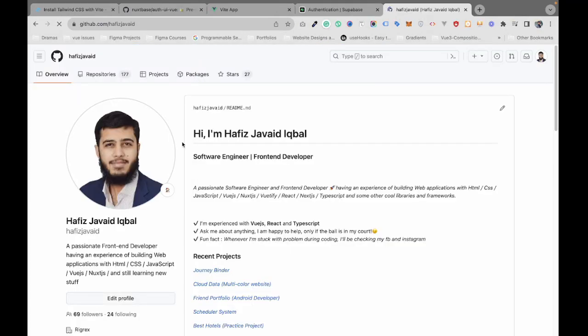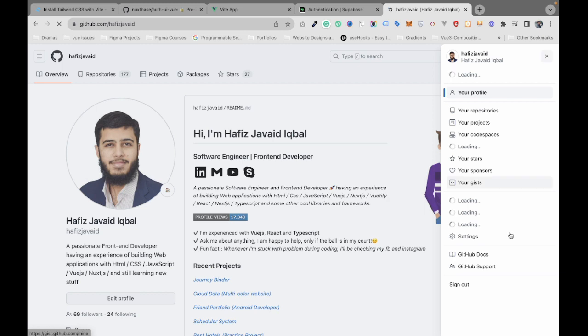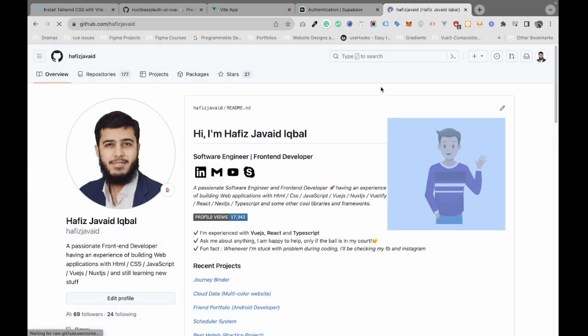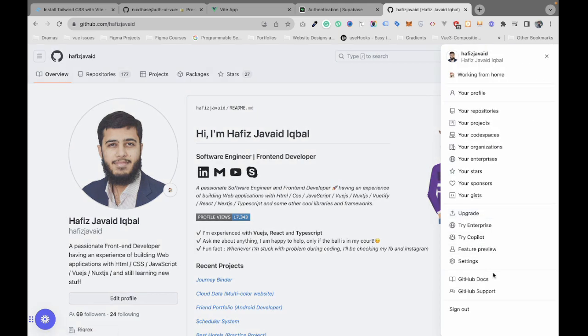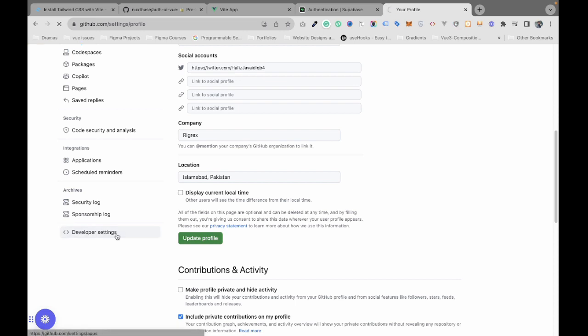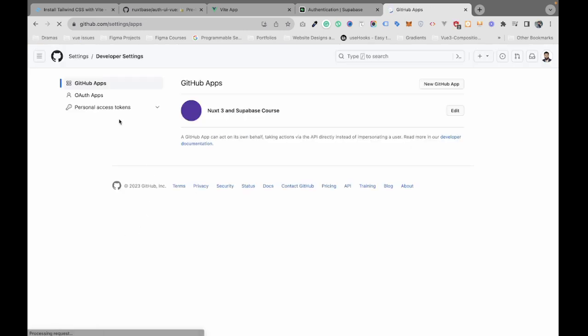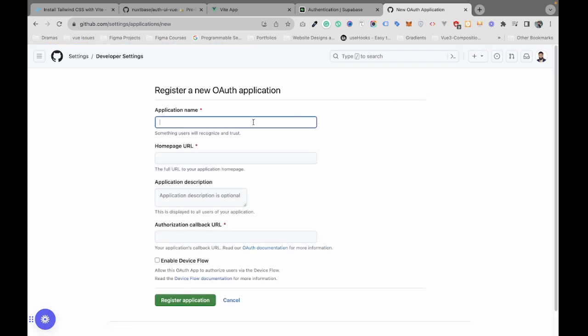I am in my profile page. So here you have to click here in this. Let's wait, it's still loading. So now let's open this one, and in settings, I can come here in the developer settings, and here I have to add this OAuth app. Let's create new OAuth app, and I can simply say Vue Supabase